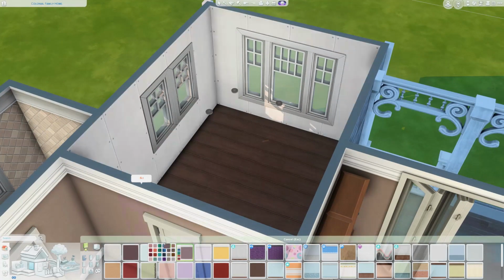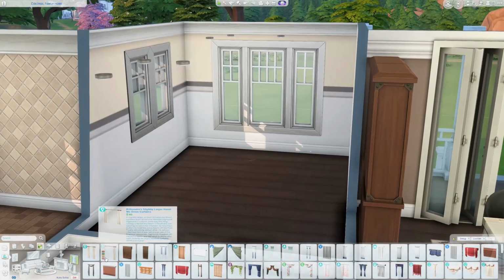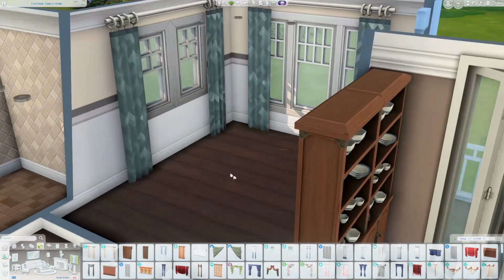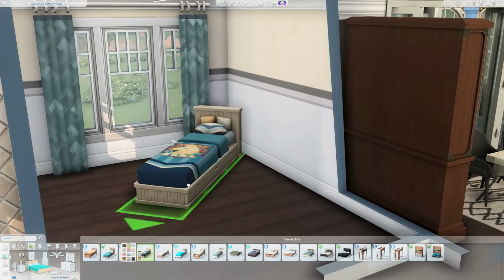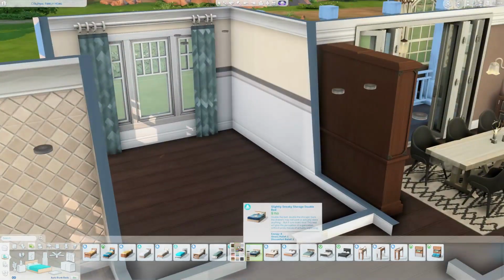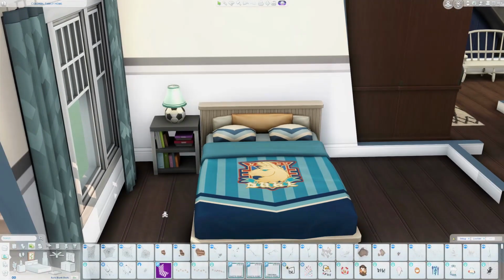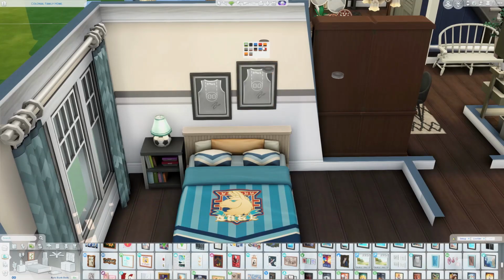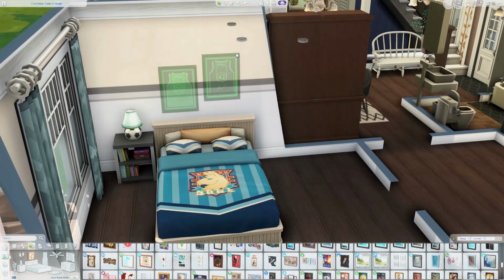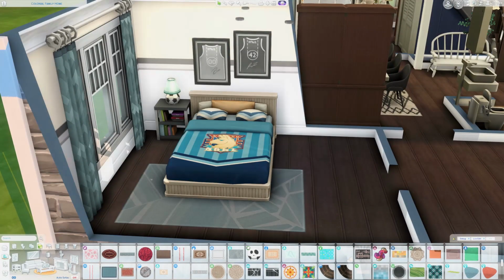And then this room over here is going to be one of the teenagers' rooms. And this teenager, I think, is just kind of dabbling with a lot of different interests. I typically do this with kids or teenagers, honestly. I think they have a ton of different interests and they're still trying to figure out who they are. I was going to try to squeeze 2 kids in there, but then I was like, you know what? This would be really nice for the teenager to have a room on the first floor, a bigger room too, I think, than the other teenager has, unfortunately. But I did use this bed from High School Years,